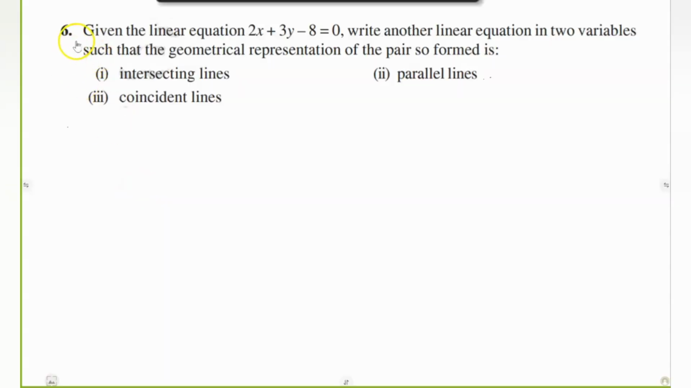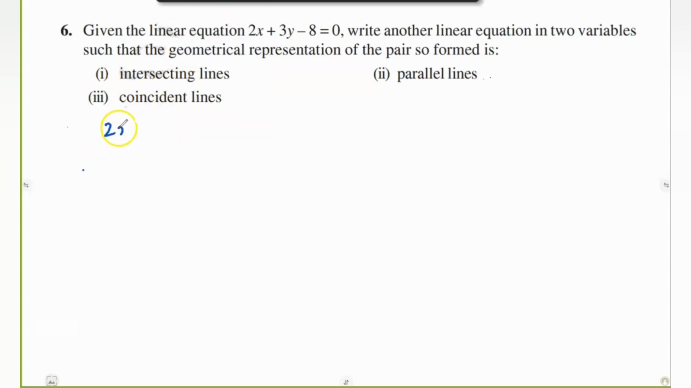Now coming to question number 6. Given the linear equation 2x plus 3y minus 8 equal to 0, write another linear equation in two variables such that the geometrical representation of the pair so formed is intersecting lines. And the second one, parallel lines, third one, coincident lines. So for example, we will take the first one first. In intersecting lines, you want the two equations to be intersecting. So the given equation is